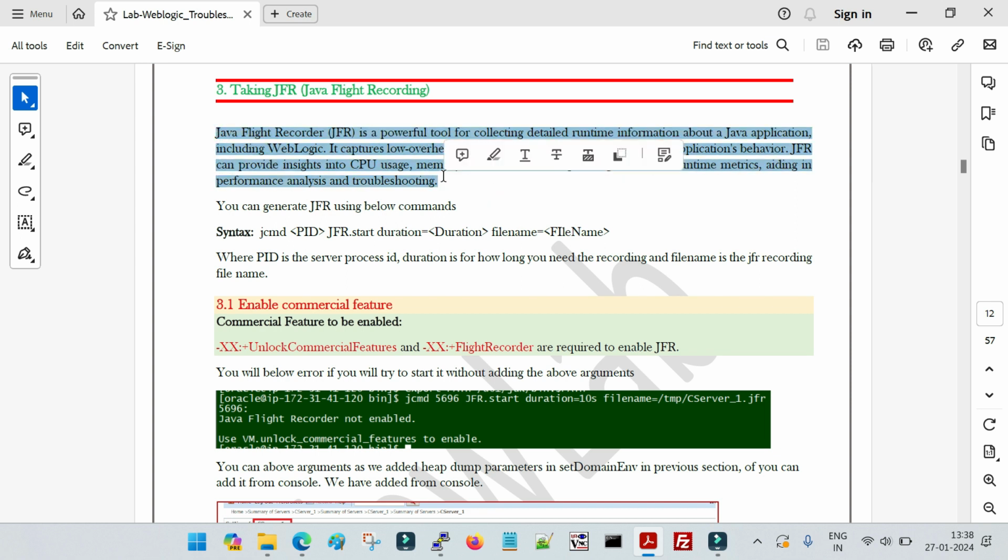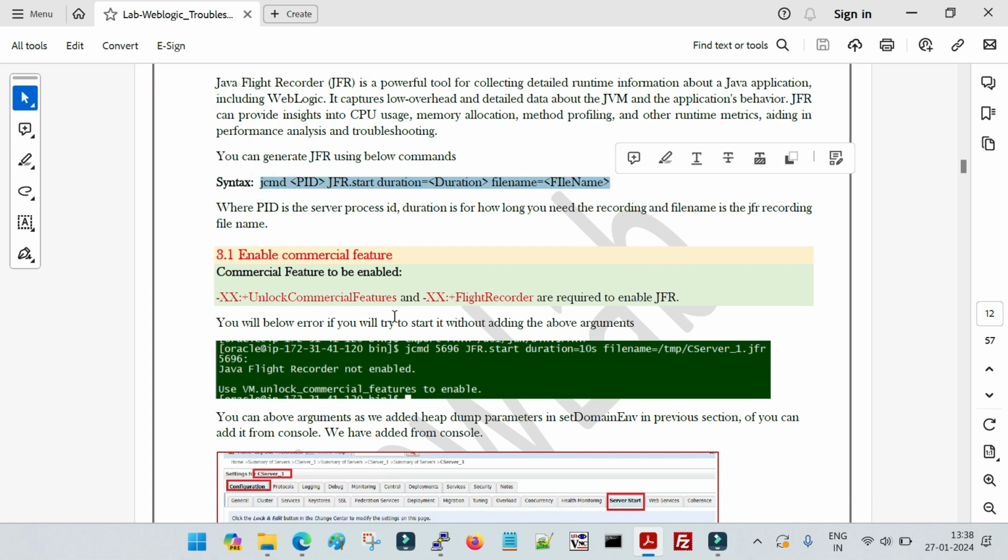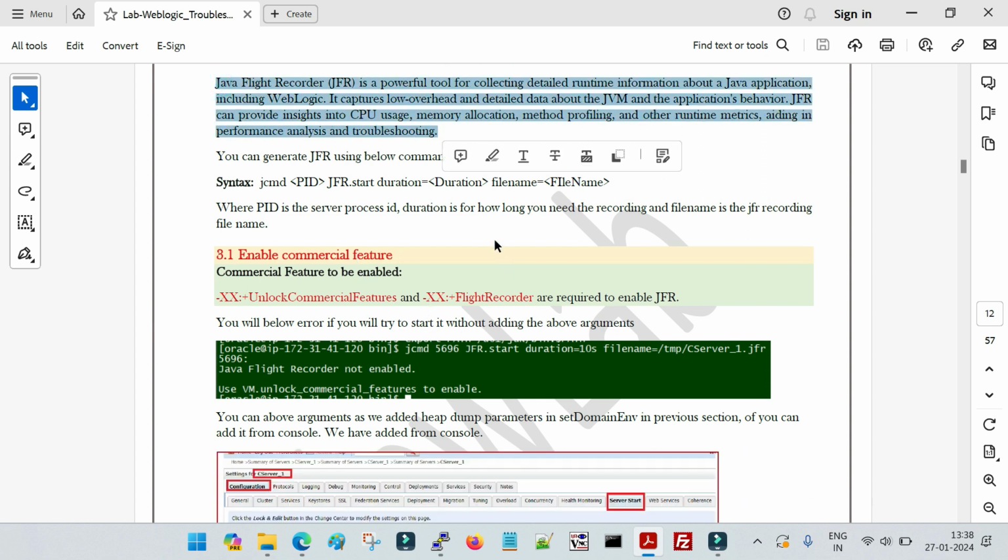This is just like a black box for an aeroplane. It contains all of the crucial information that is required for the analysis. And there is a way you can run JFR and take the JFR recordings. One important thing, if you are going to use JFR recording, which is a commercial option,